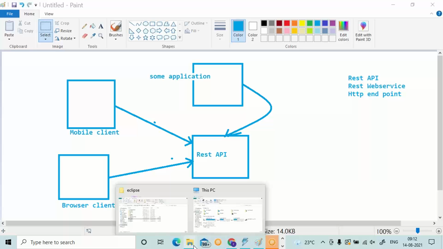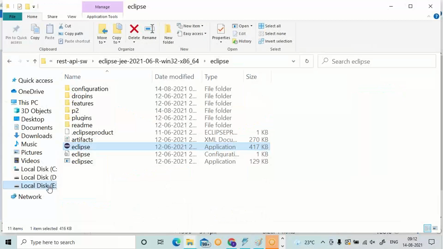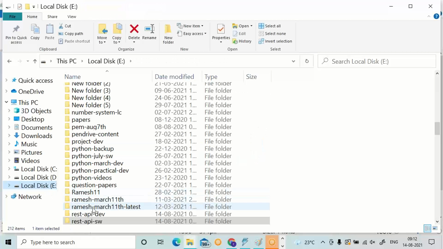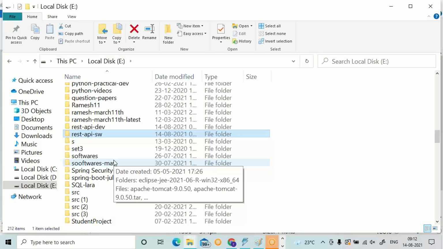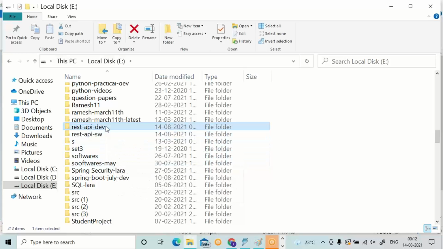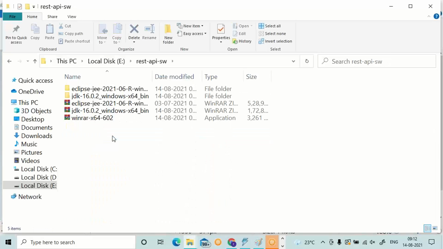Please observe, in my system, in the E drive, I developed two folders. One is the softwares folder, another is the development folder. All the softwares I downloaded into REST API SW.